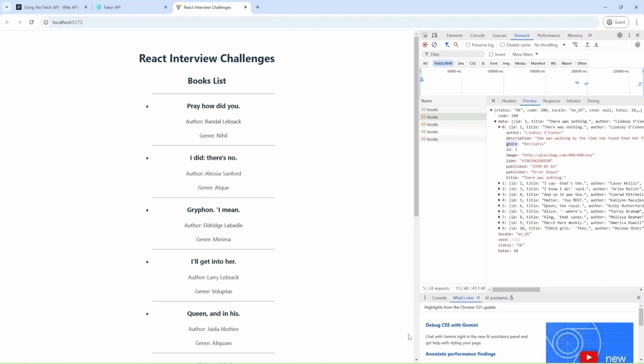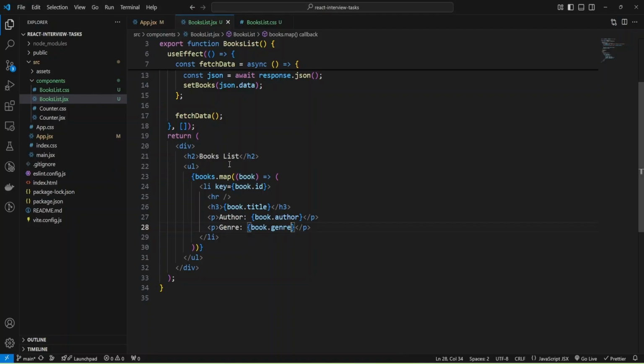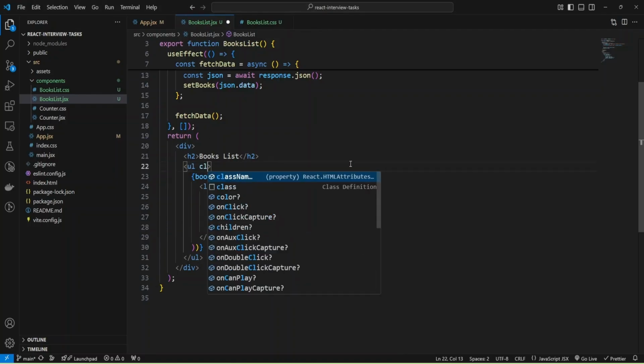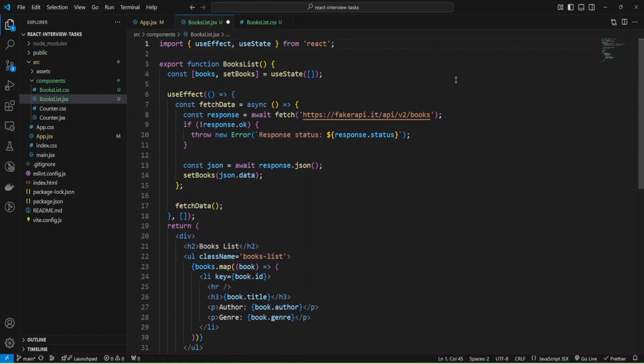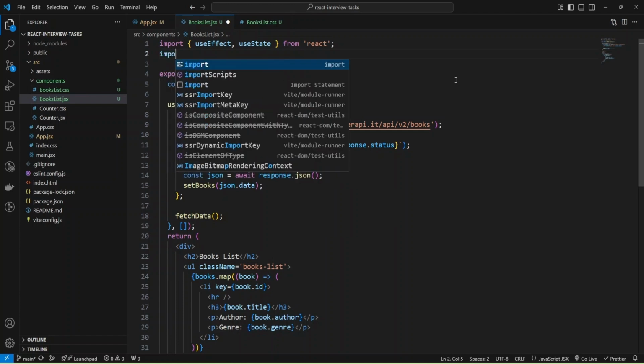Okay, and we have a list, and we need to remove these dots, and for that I'll add className and provide books list, and we need to import our styles.